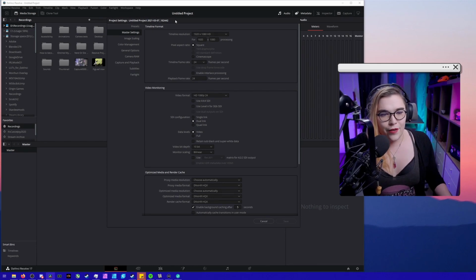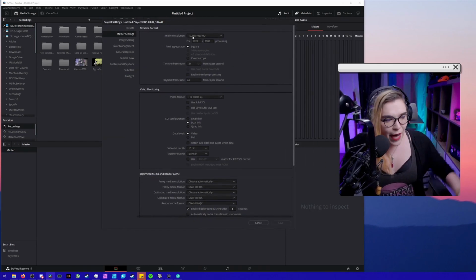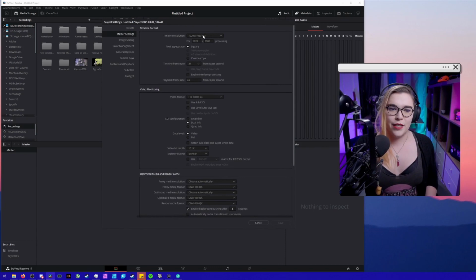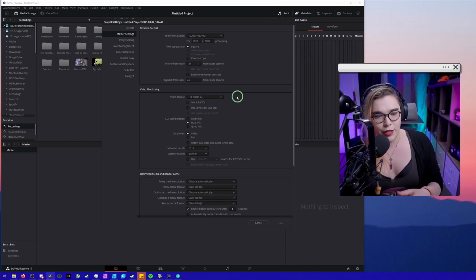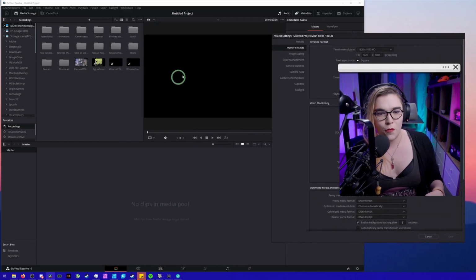I don't remember what the default settings are when you first boot it up, but you'll end up on this master page. This is where you set your timeline resolution and your video monitoring resolution. So timeline resolution is what your entire timeline is set at, and then your video monitoring resolution is the resolution that this little player window is